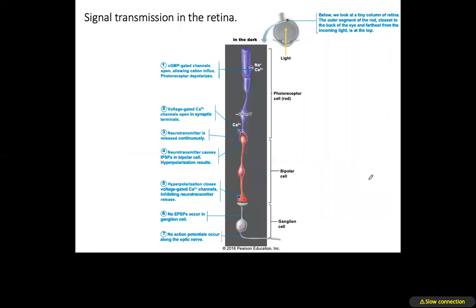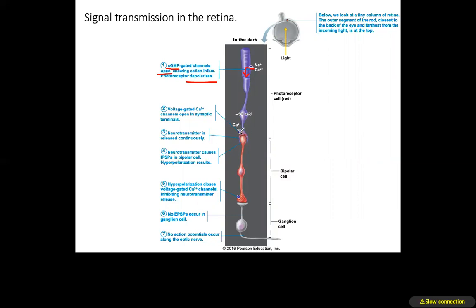Let's talk about this. When there is no light, as we just described, your cGMP gated channels are open, right? cGMP channels are open. Pay attention to these words, which means sodium and calcium are coming in, and that means your cell is depolarized. If it's depolarized, at the axon terminal aspect of it, we can call it the synaptic cleft of it,